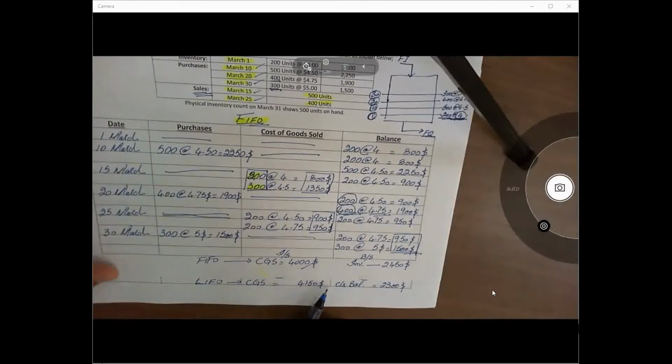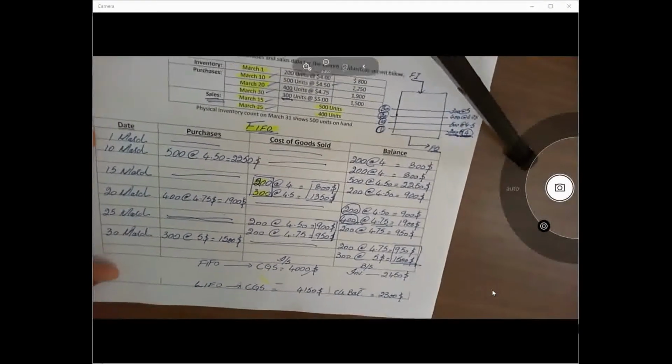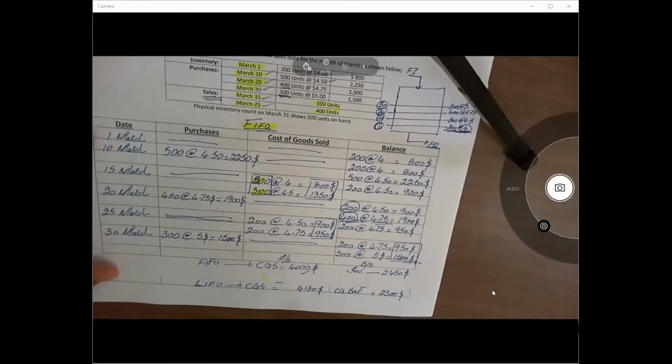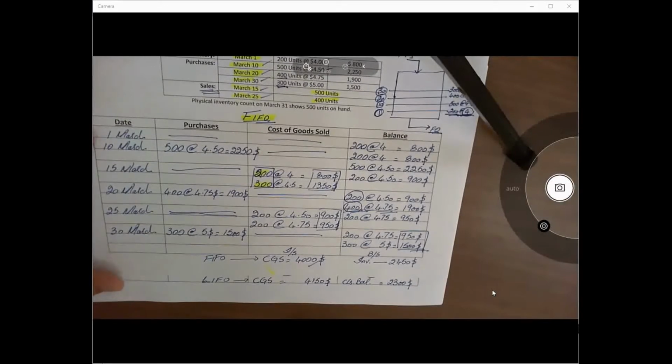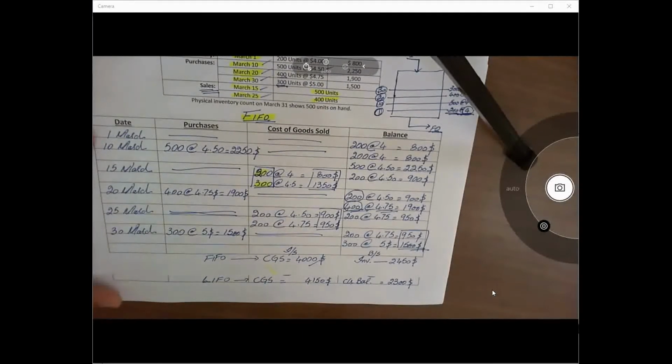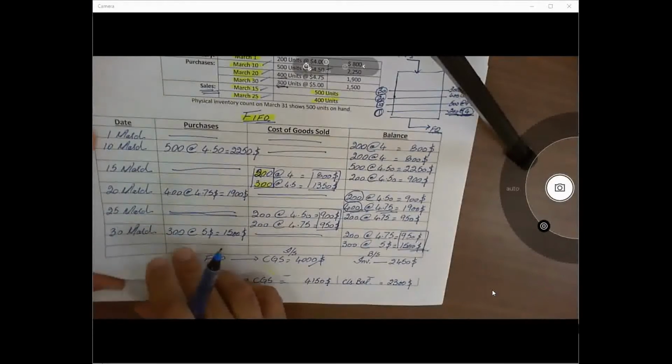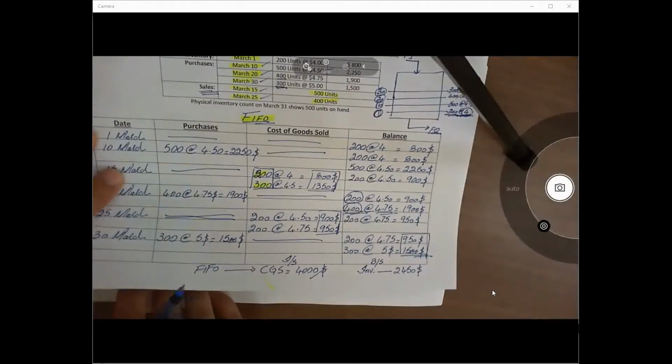So these two are basically two different extremes of calculating the value of the inventory. Next comes, because these are two extremes, we need to see what is the midway, what is the average, what is the midway around, in order to understand this. So let's try to use the same example, but now we are going to do the third method, which is our inventory valuation method using weighted average.